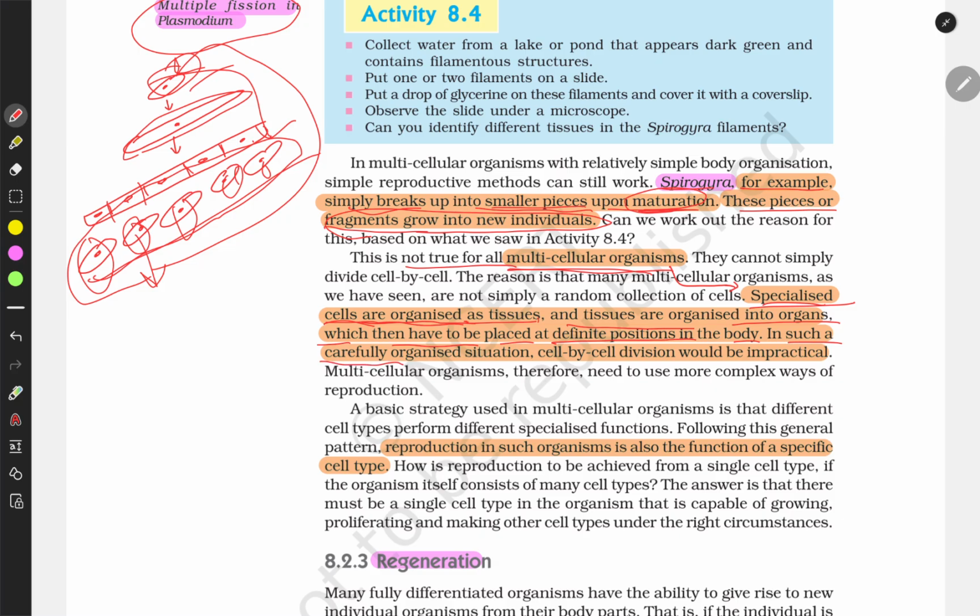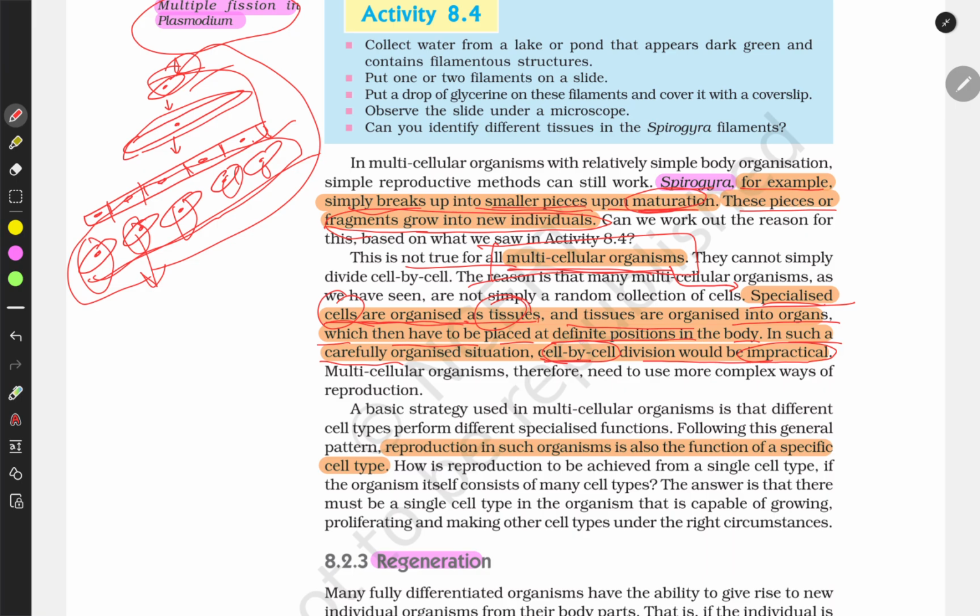In such a carefully organized situation, cell by cell division would be impractical. So in multicellular organisms, we have very specialized cells and specialized tissue for every organ to perform a different activity in the body,